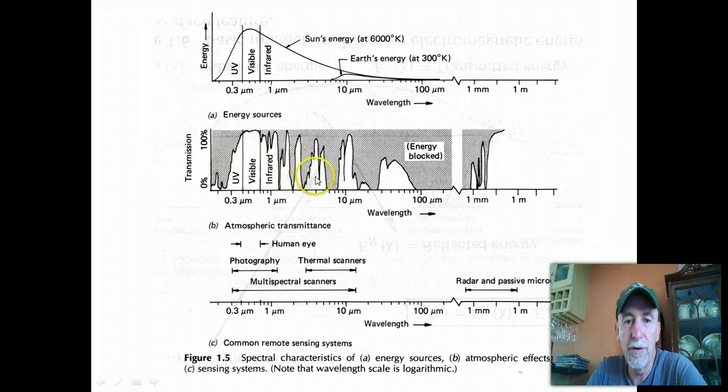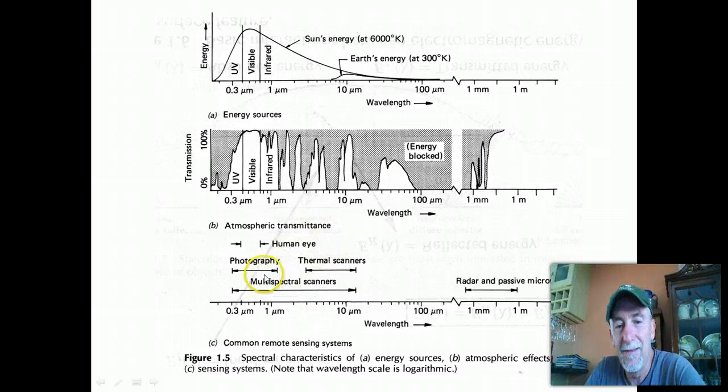If we were to look at this part of the spectrum with our instruments, which we can do, we wouldn't see anything because there's no energy that makes it through the atmosphere to the Earth's surface to be